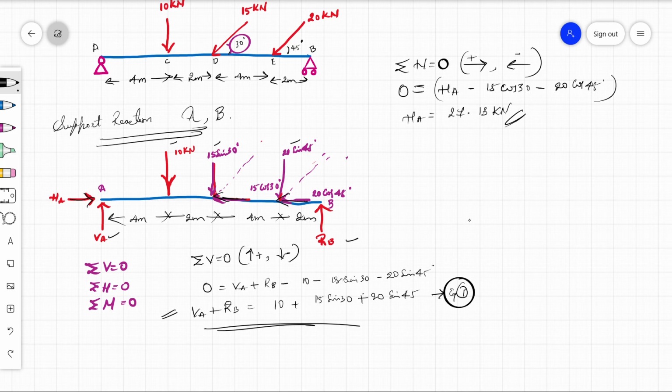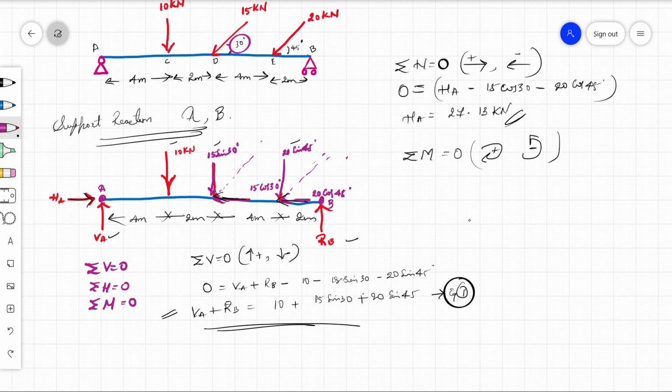Okay, but is there an HA in this equation? No, right? So there is one more thing we need to do, that is summation of M is equal to 0, where you take clockwise as positive, anti-clockwise as negative. Okay. Now let us understand. You have 2 points to consider. One is A as a moment center, this as your moment center, or else this as your moment center. You have a choice to take.